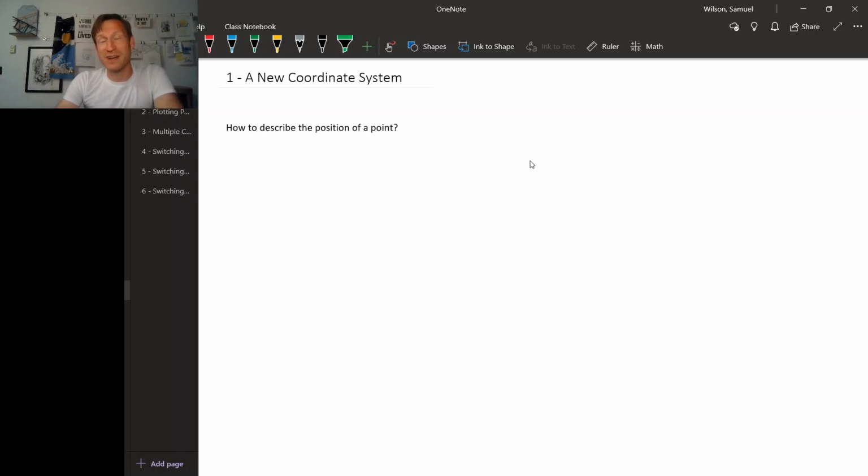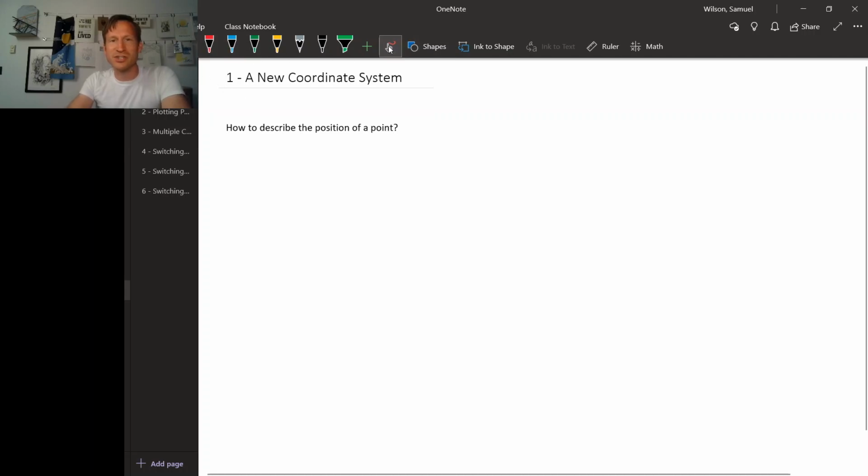We're very used to using rectangular coordinates to describe the position of a point in the plane, but there are actually a lot of choices that you have to make to come up with that rectangular coordinate system. Let's see exactly what goes into describing the position of a point. So if we're trying to describe the position of, say, this point in the plane, first we have to choose